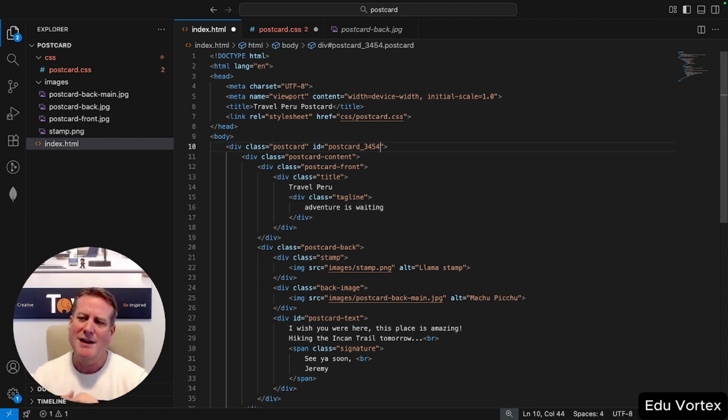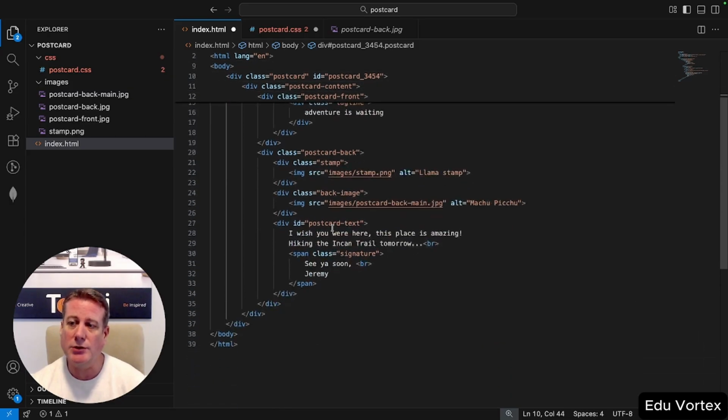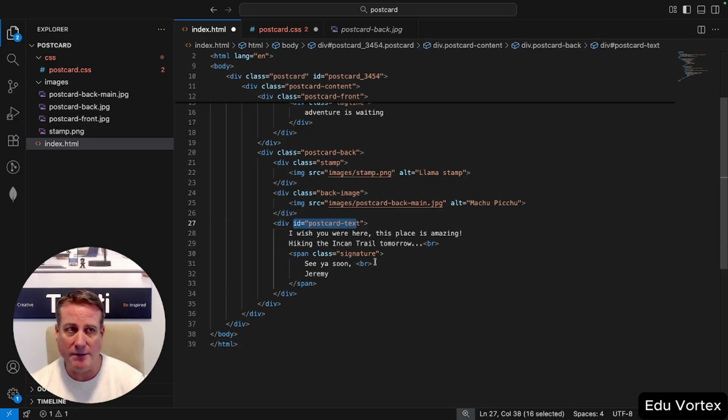And then I could give styling to just this one, or I could use it in other ways. That's generally how IDs would get utilized. But in this case, I am going to use one in styles just so you can see how you can use it over in CSS. So I'm going to leave this as postcard ID. Now, if I save this,